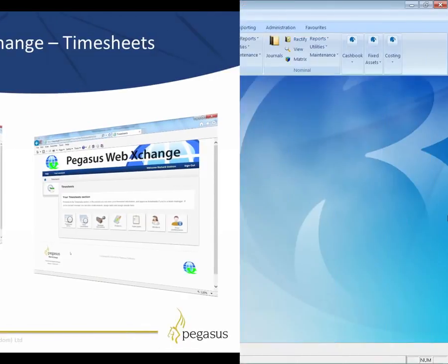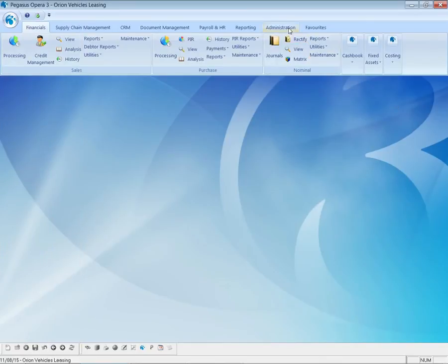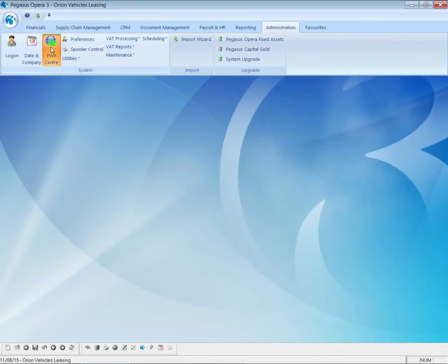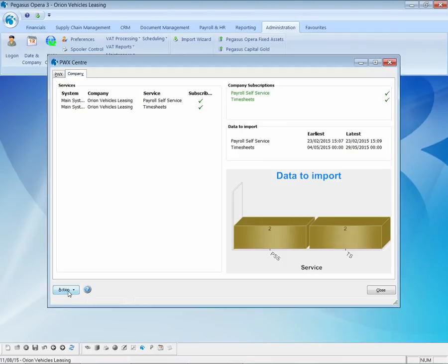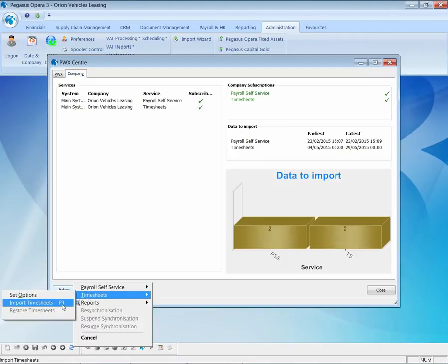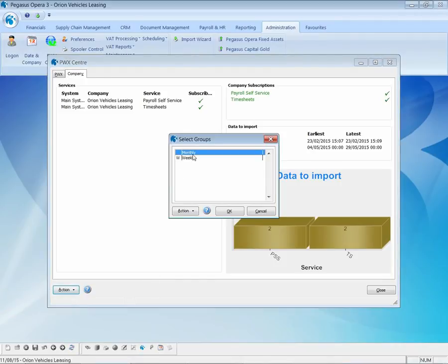So if we log into Opera 3 and go to the Pegasus Web Xchange Center, on the dashboard, the payroll supervisor can see that there are 2 timesheets waiting to be imported into the payroll. The payroll supervisor can import these timesheets so that they can have a look at them to make sure they are correct. If we take the option to import timesheets for the monthly payroll group,